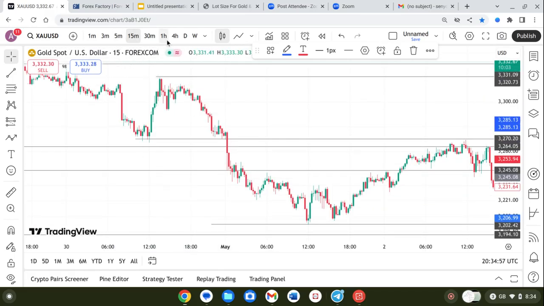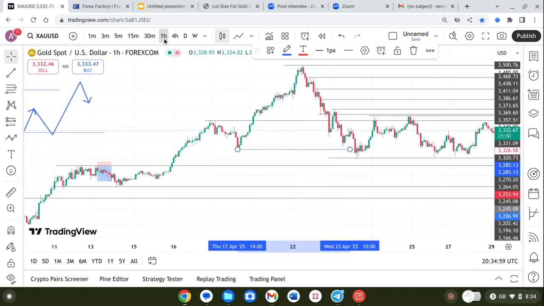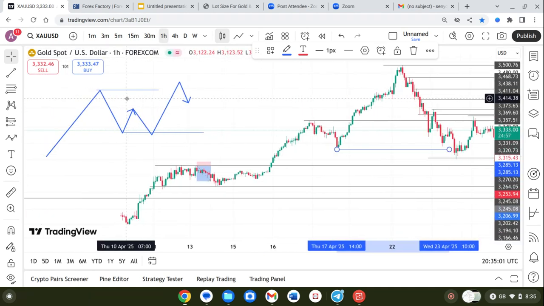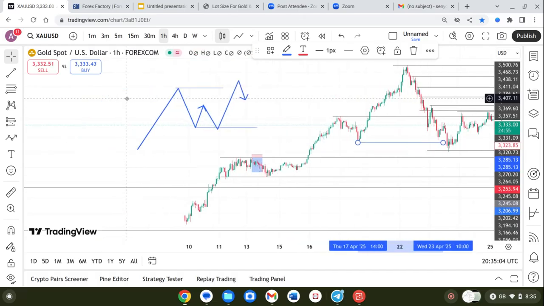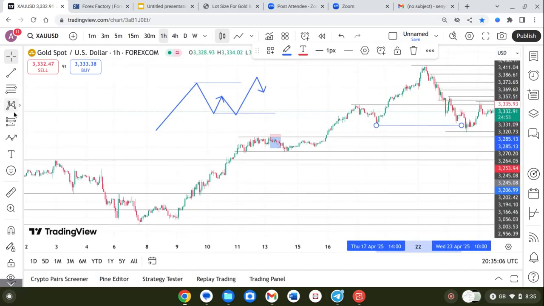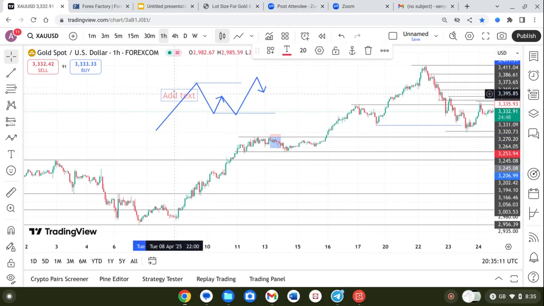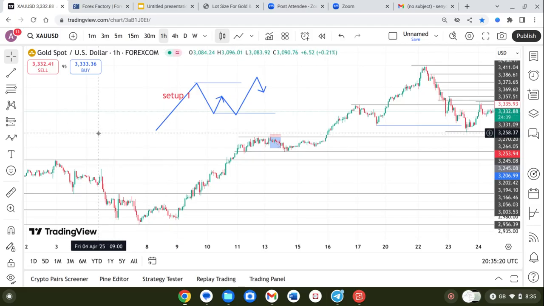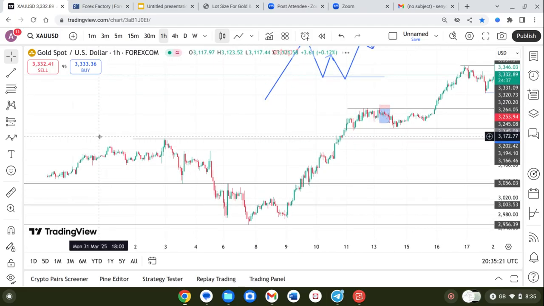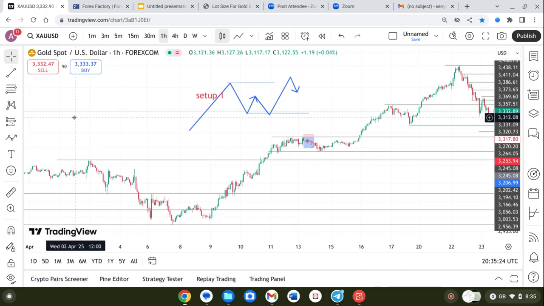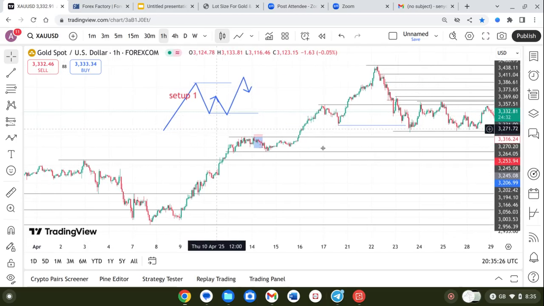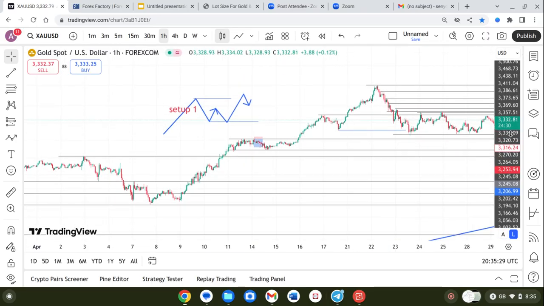Okay, before we go to the 15 minutes, let me explain the other type of setups that we look out for. So this is one, right? This particular one we've marked out is one setup. The next kind of setup you mostly see on gold is this way, where you can have the high and a low,